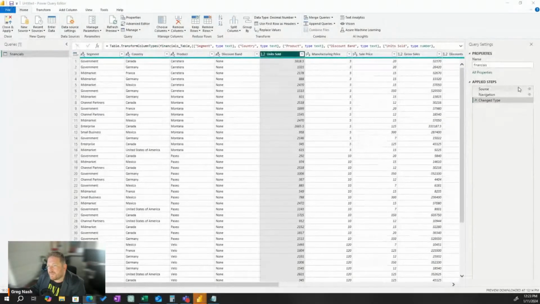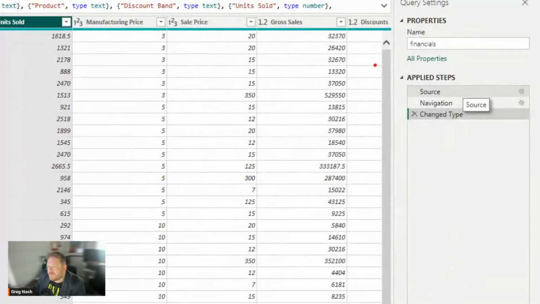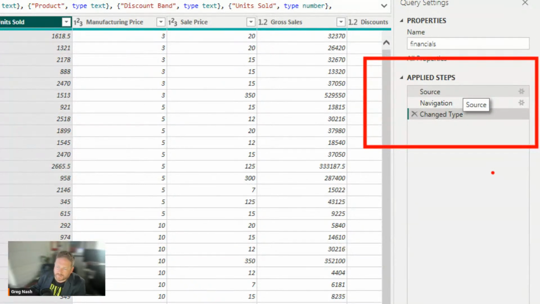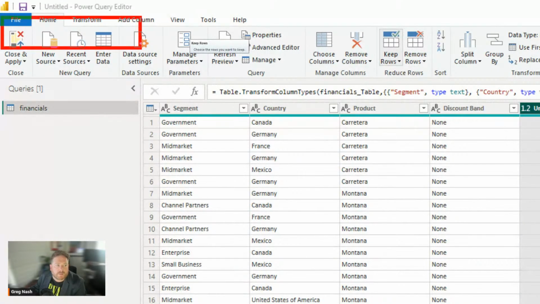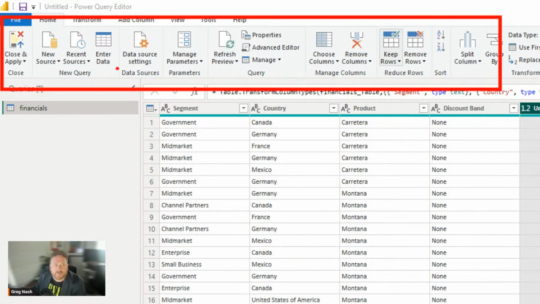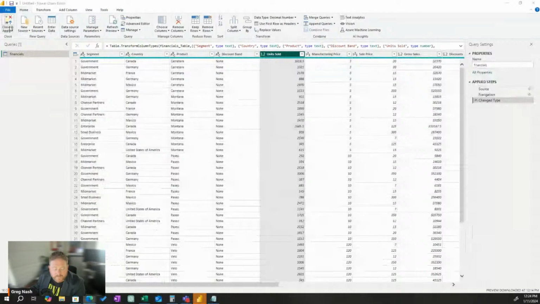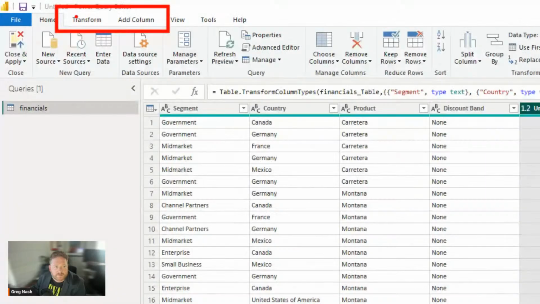So over here on the right, let's just do some navigation. Over here on the right, there's this thing that says applied steps. That's important in Power Query. Up the top here, there is a ribbon, and the ribbon has a bunch of stuff we can do. You need to pay attention specifically to these two tabs: one is transform and one is add column, and they have similar stuff on them. But you spend most of your time in these three areas: home, transform or add column. I'll try to remember to tell you which one I'm on.